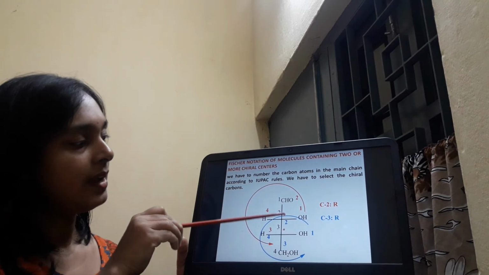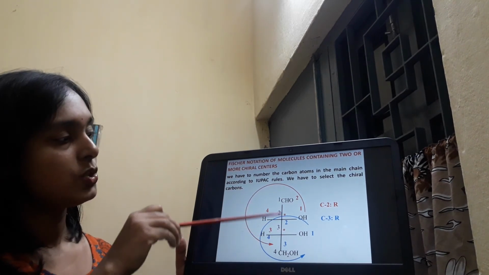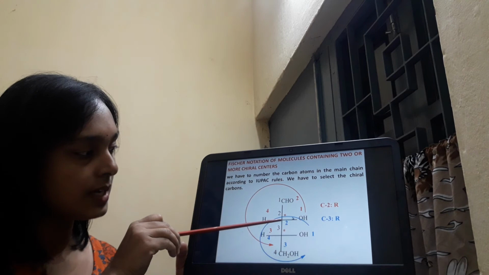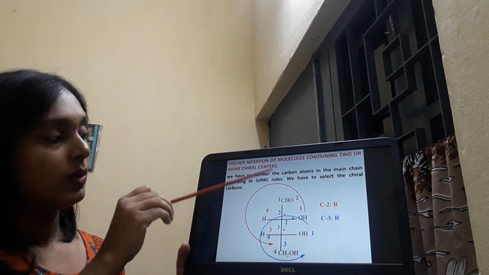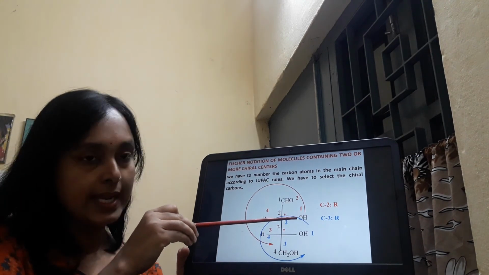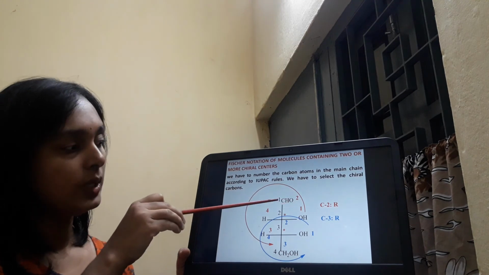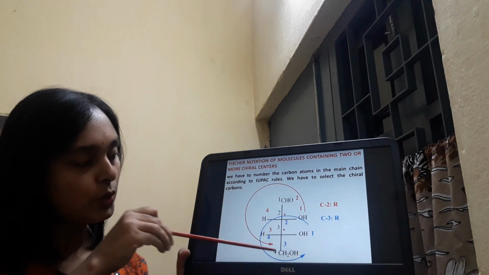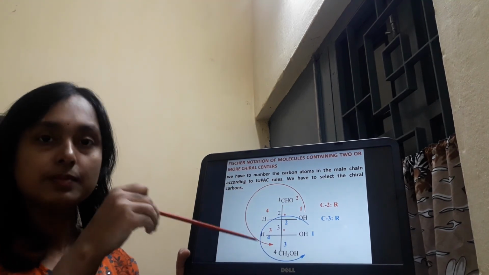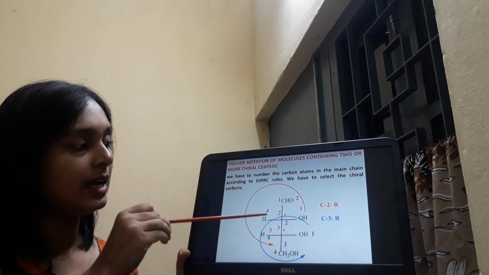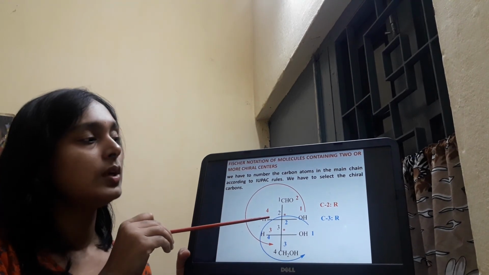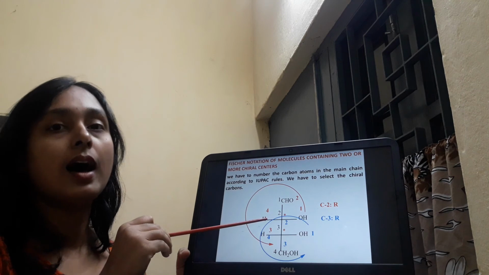See the example where two chiral centers are possible. So first of all you have to find the long chain. Then you have to select the chiral carbon. So here is a chiral carbon and here is one more chiral carbon. Whenever we are considering the C2 chiral carbon, the first priority group will be OH, second priority group will be CHO, third priority group will be the whole portion and fourth will be this one. So 1, 2, 3, it is an S configuration, but as the lowest priority hydrogen group is on the horizontal line and it is at the left hand side, the S configuration actually will be R.